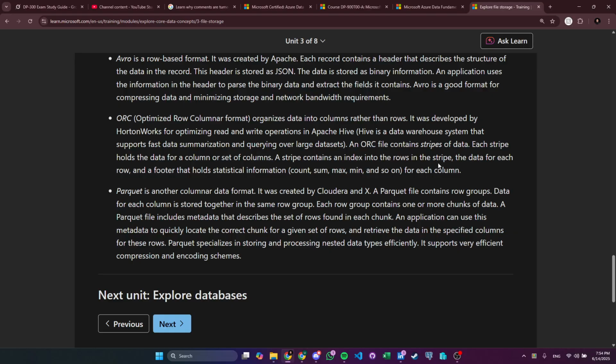It's another columnar data format. So it basically organizes data into columns instead of rows, but the Parquet file contains groups of rows. Okay, data for each column is stored together in the same row group.